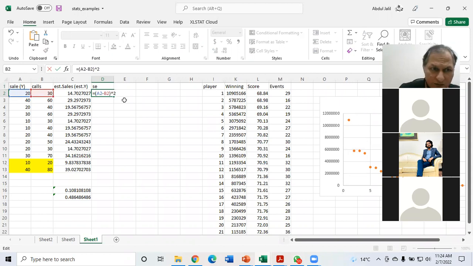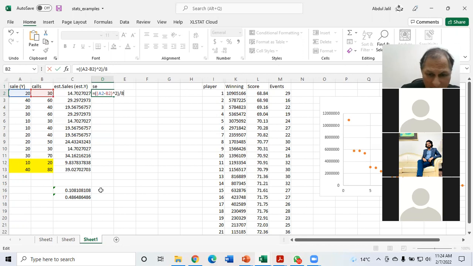And then you have to divide it by the degrees of freedom. N minus 2 is the degrees of freedom in this case. Two variables are there, therefore n minus k is the degrees of freedom usually, and k is the two variables. Just like if I may show, n minus 2 means how many? 1, 2, 3, 4, 5, 6, 7, 8, 9, 10. 10 is the data, so 8. We are going to divide it by 8.